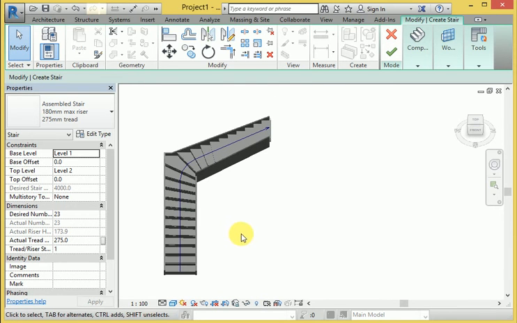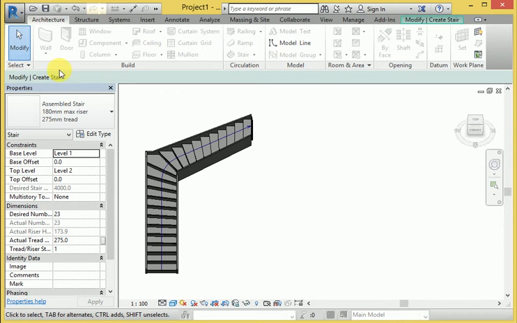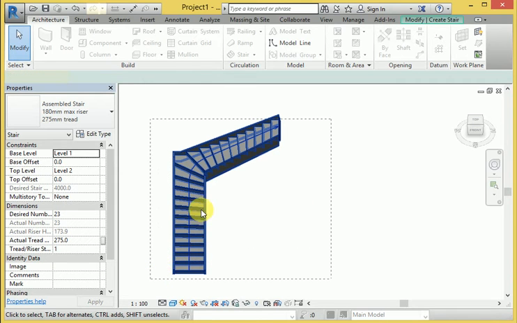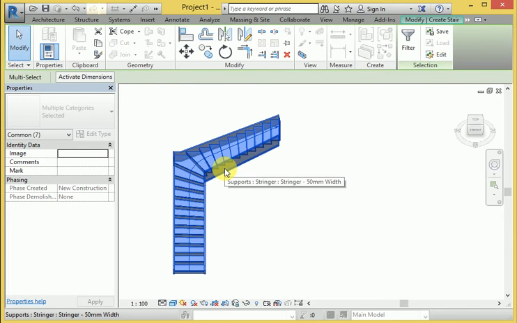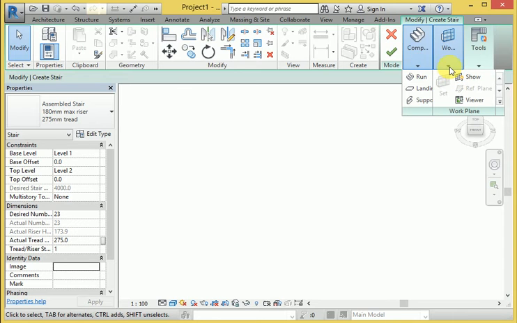So let me show you another one, how to use it. Let's go to Architecture and enter the stair, and go from the stair design. Okay, now next I will use this type of stair here.